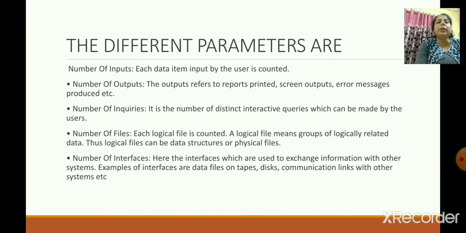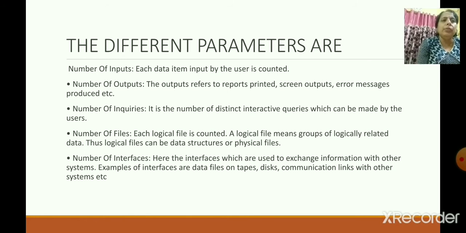The different parameters are the number of inputs, means each data item input by the user is counted.